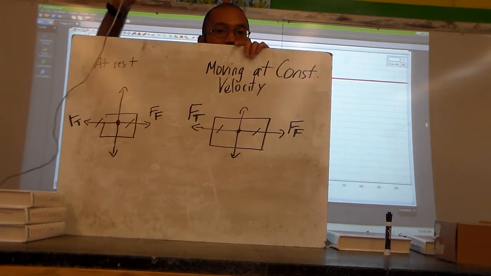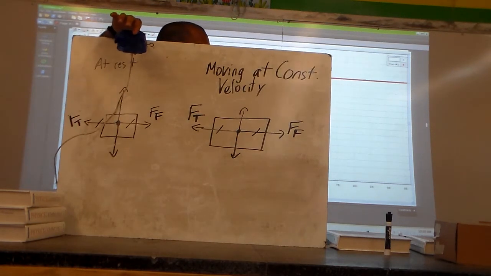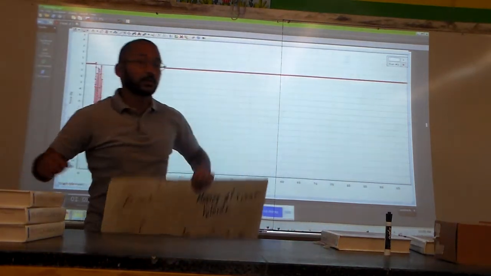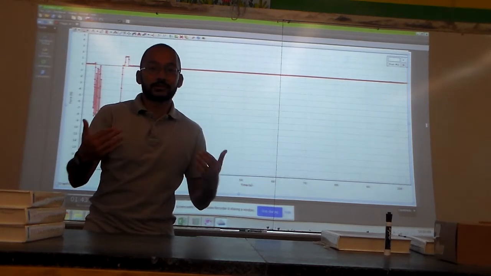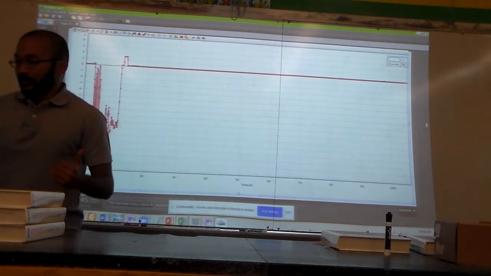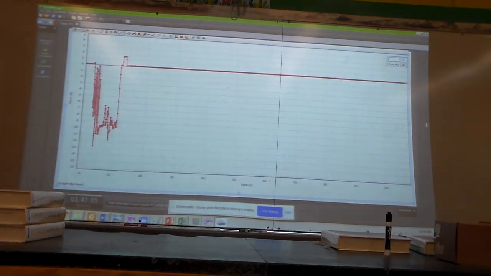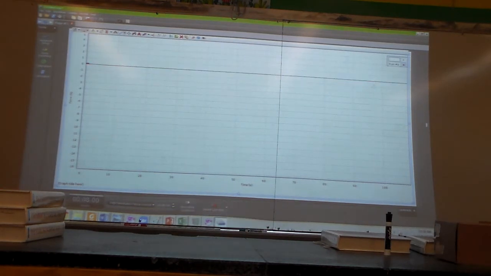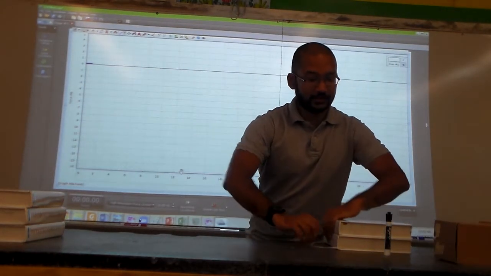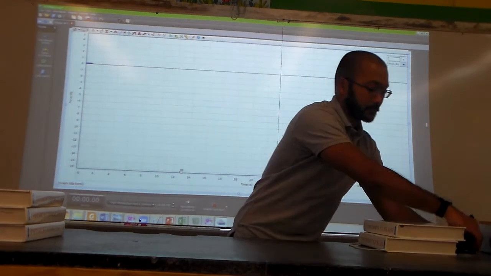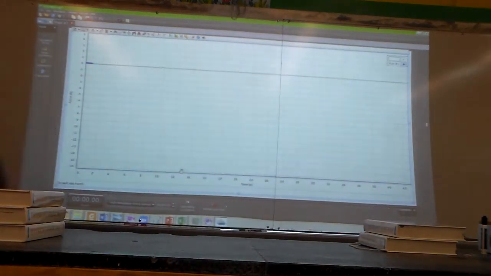All this to say is what the force sensor here on the screen will read is equivalent to the component of force that is canceling out the force of friction. Okay, so let's clear this run and get some data. So the first thing I want to show you is the shape of this. That's like the most important thing. So when I apply a steady force,